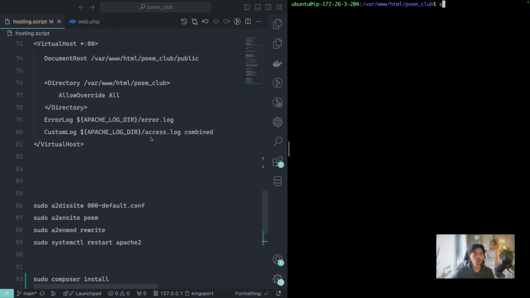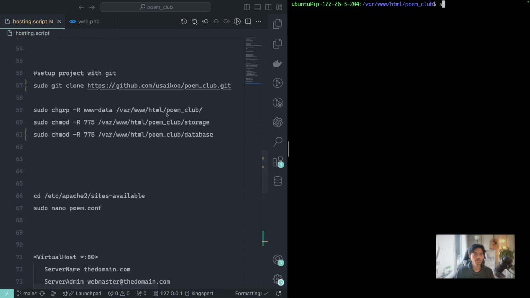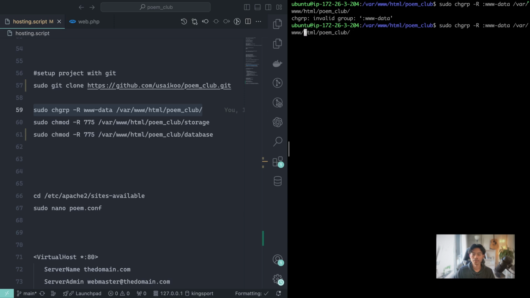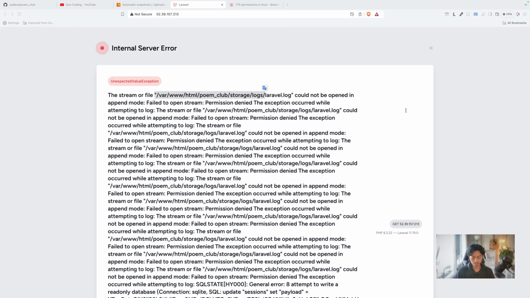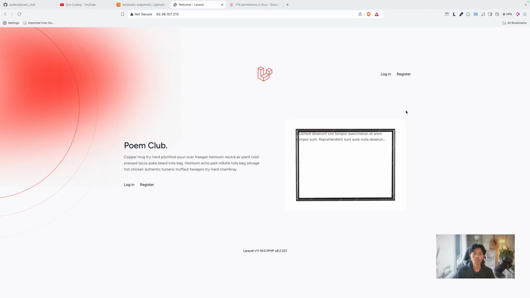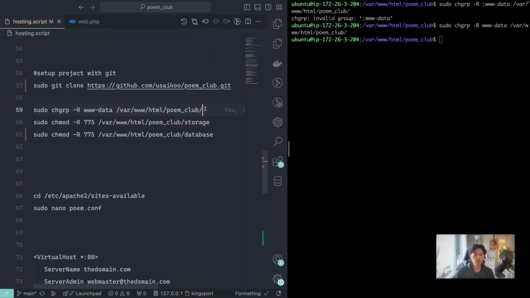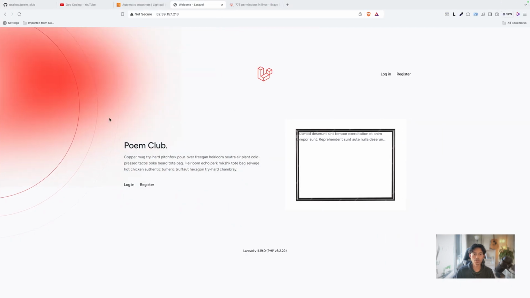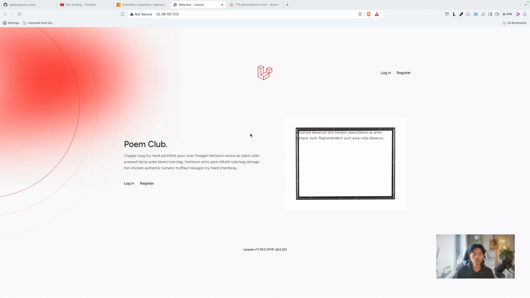Maybe we have to change. We already changed the owner. I will change the owner here. So if I change the owner like this, yeah, so I changed the owner, right? So if you have faced the problem like that, you have to change the owner like me. So if you change the owner, you will not see that problem anymore. So now you are seeing the